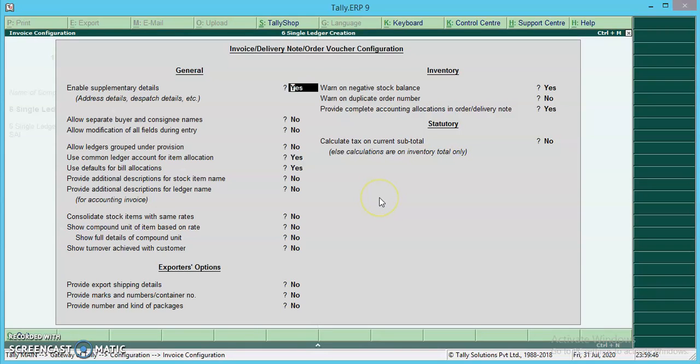The invoice entry or order entry screen can be configured for additional information such as export details, shipping details, etc. The screen is divided into four: general, export options, inventory, statutory. So any changes relating to the export purpose can be done under this configuration screen.